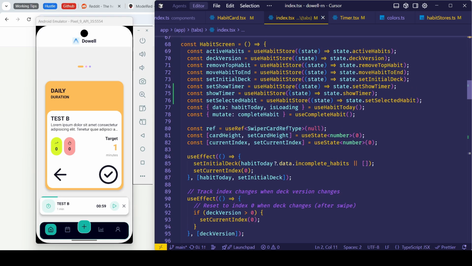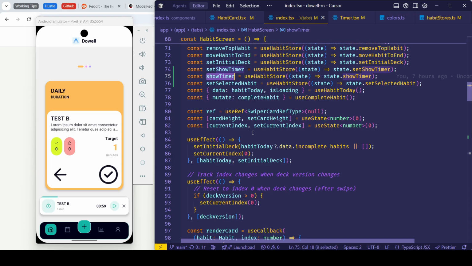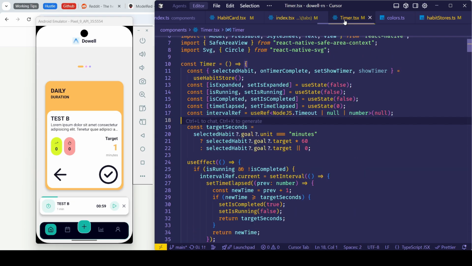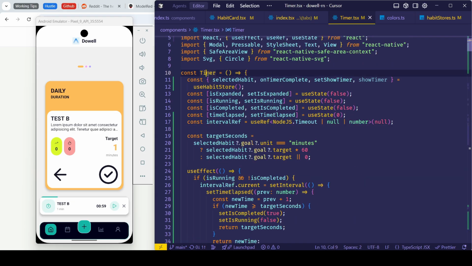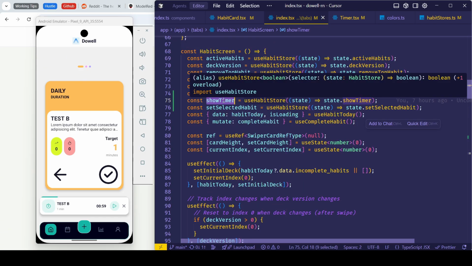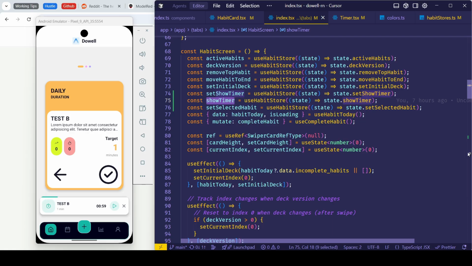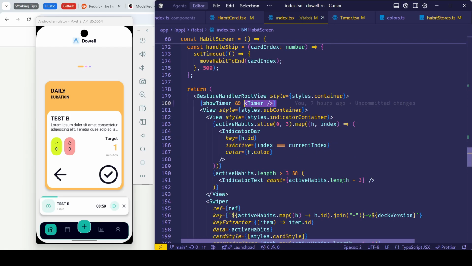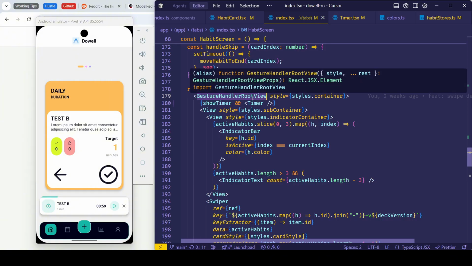So I make a state in useHabitStore to show the timer, and then I just create a new component. The name is Timer. Then we can call it in this with the wrapper GestureHandlerRootView.